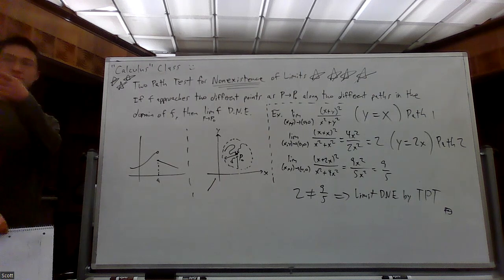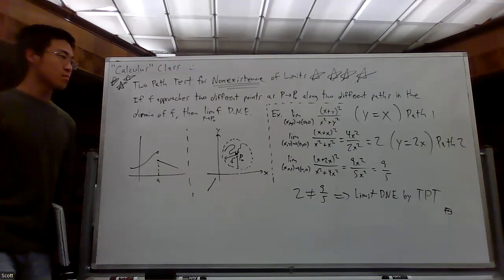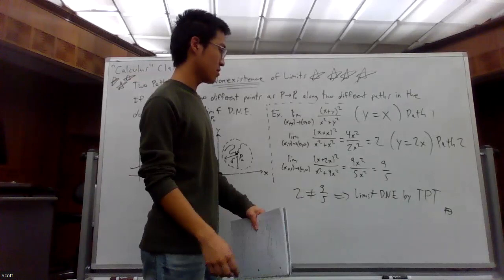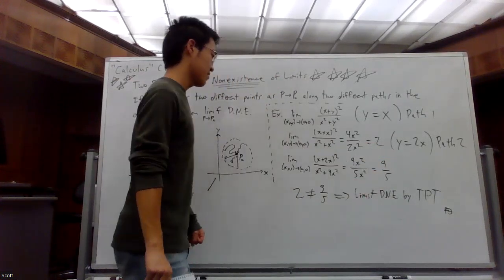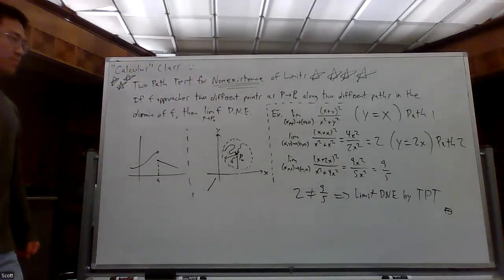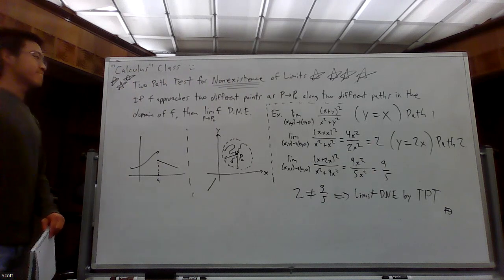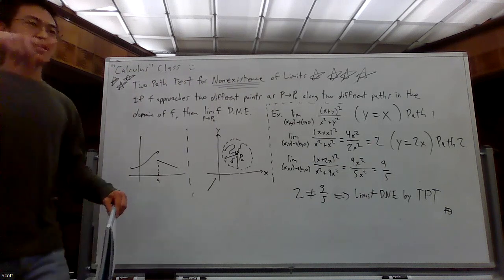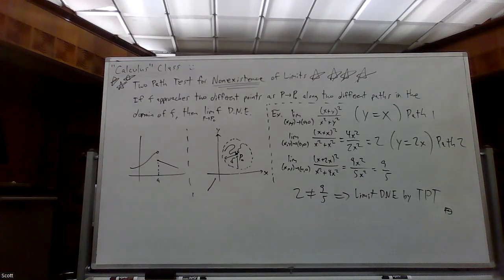Yeah. And so you cite 9.905 specifically because the first path gave in. And you say it cannot equal 9 and approach these 2 different values simultaneously. Yeah. So if we had found that both values do equal 2, that doesn't mean that the limit is 2. It just means that there is a limit. Say it again for everybody because they weren't listening to you. So if we found that both paths equal 2, that means that there is a limit, but not necessarily that the limit is 2. Right.